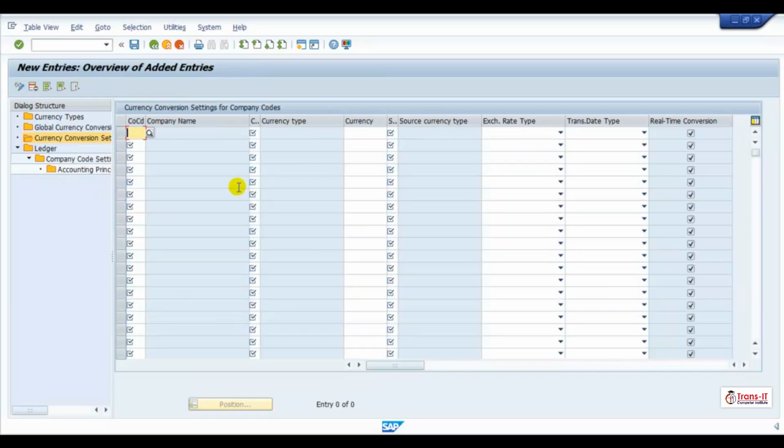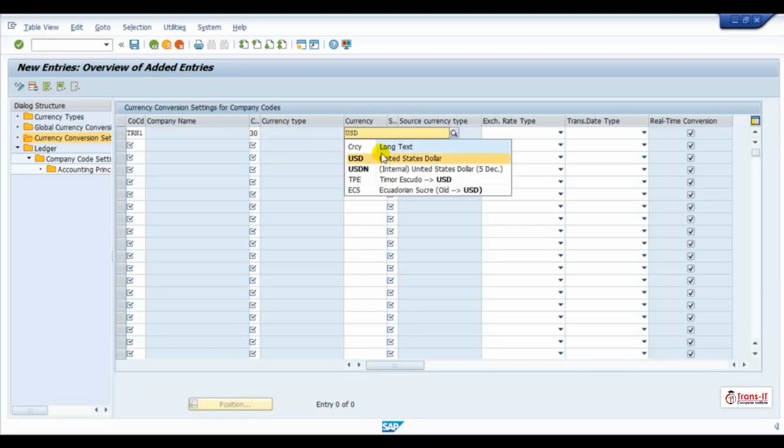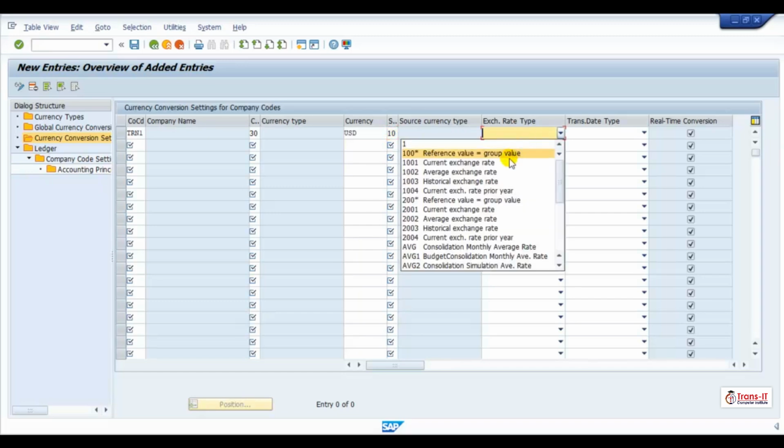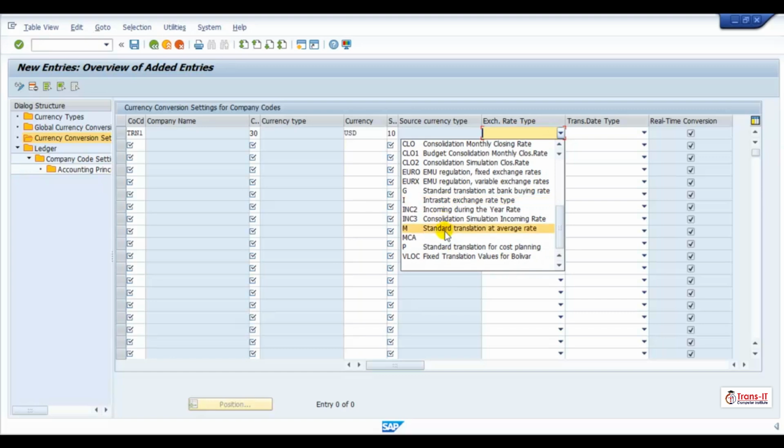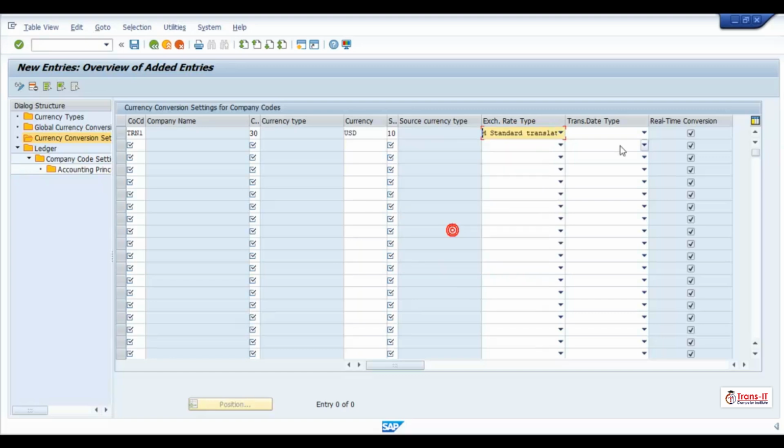And for the rest of the companies, that is TRN1 and K1, we will insert currency type 30 USD currency, and here source currency type 10, exchange rate M, and translation date. And another company is TRK1,